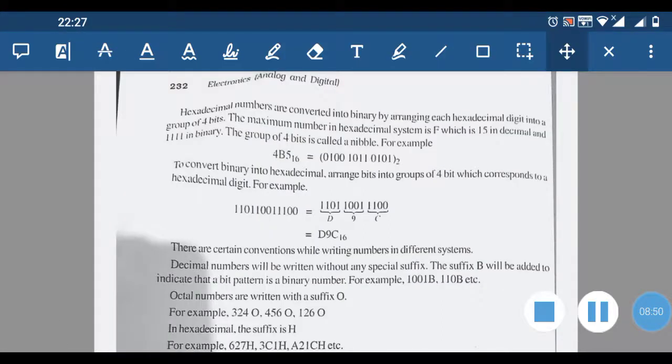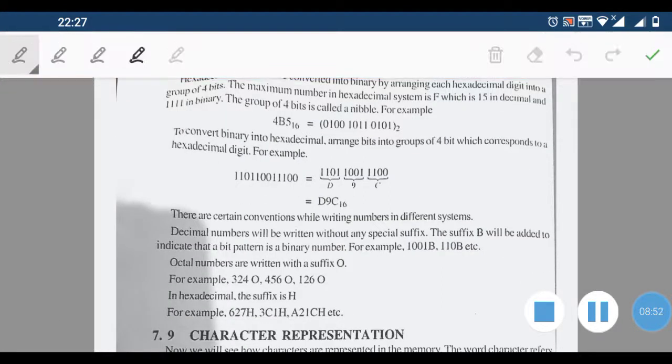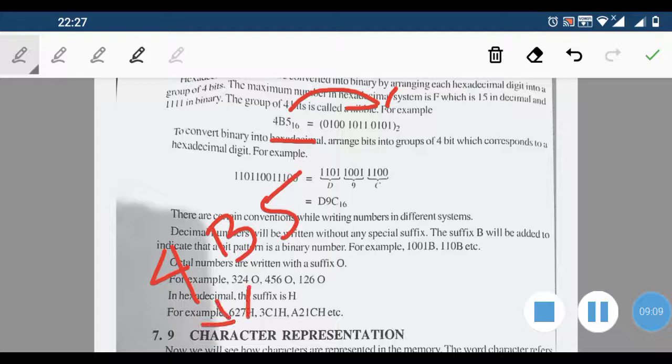Now suppose you are provided with a hexadecimal number and you want to convert that number directly into its binary. The method which you have to employ is, suppose you are provided with the number 4B5. As in the case of our octal number system, here each digit should be converted into its corresponding binary in a 4-bit binary form. You have to express each digit in binary, but it should be a 4-bit binary.